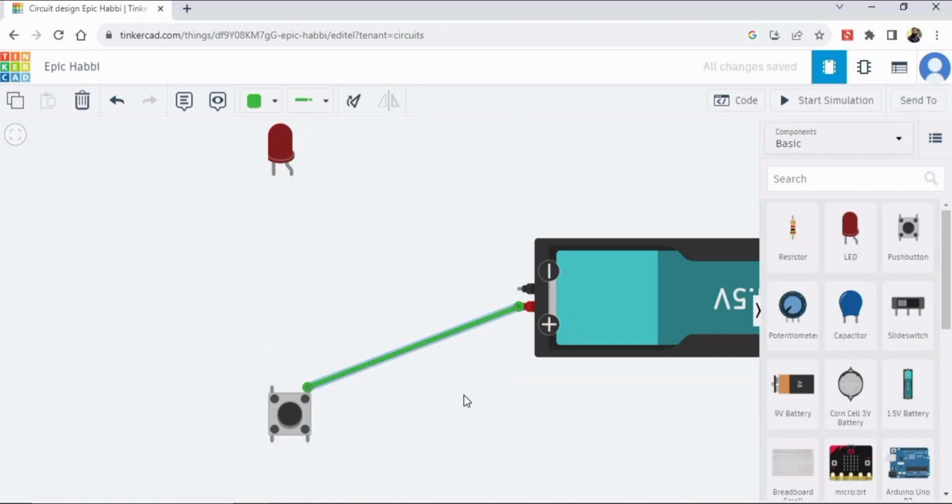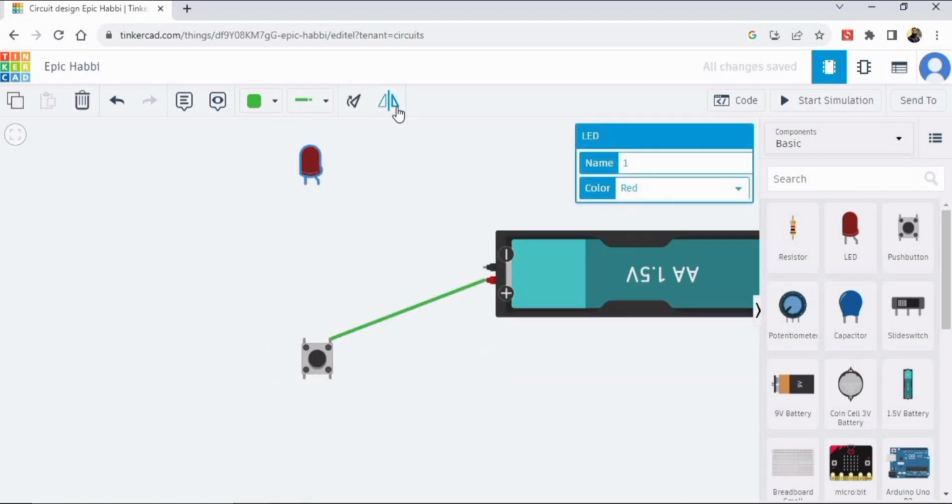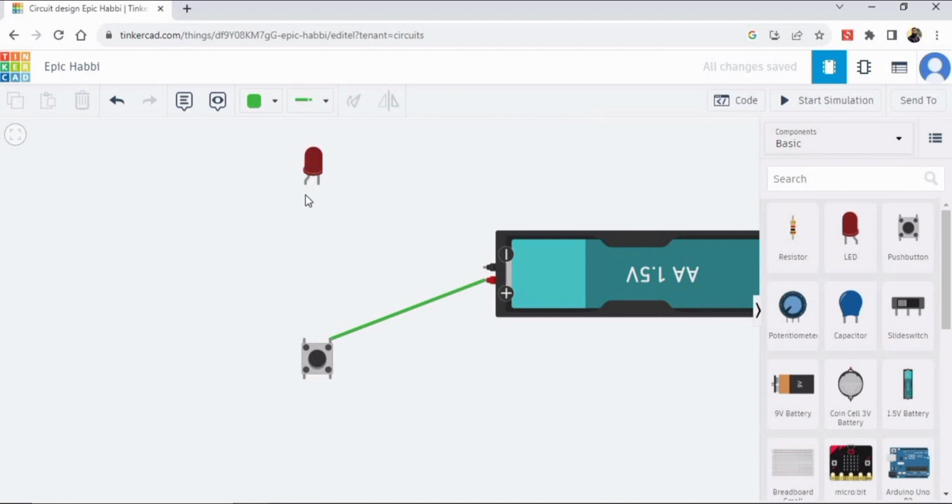Here we will use two same side pins of the push button, and now connect the bigger leg of the LED with this push button pin, and now the flow of electricity like this from positive terminal to the bigger leg of the LED. And now connect the smaller leg of the LED with the negative terminal of the DC battery, and now the circuit